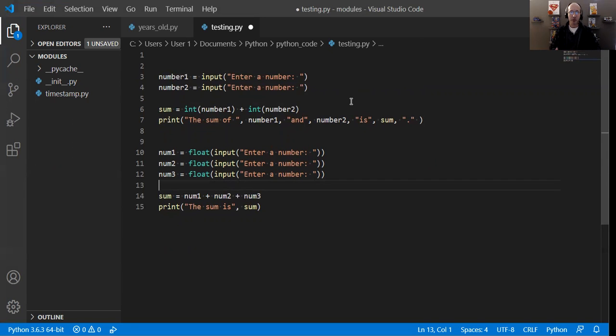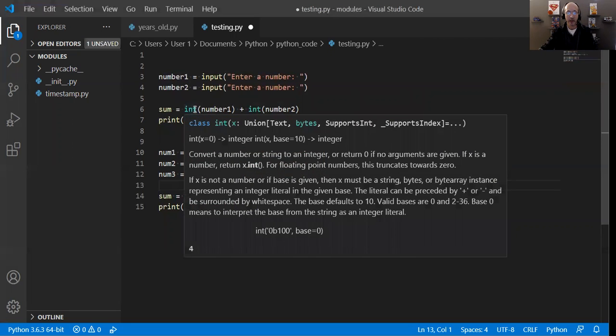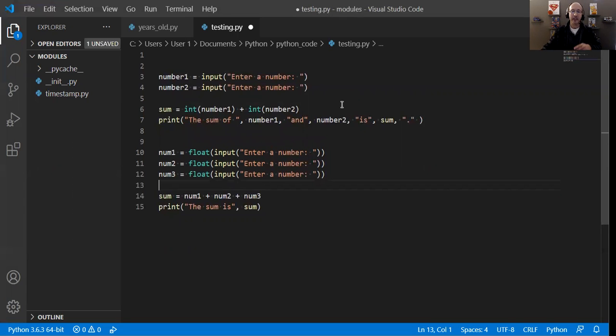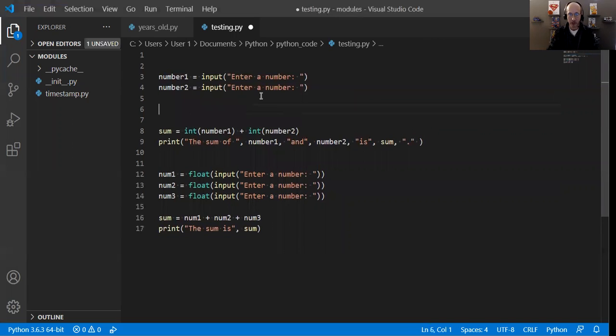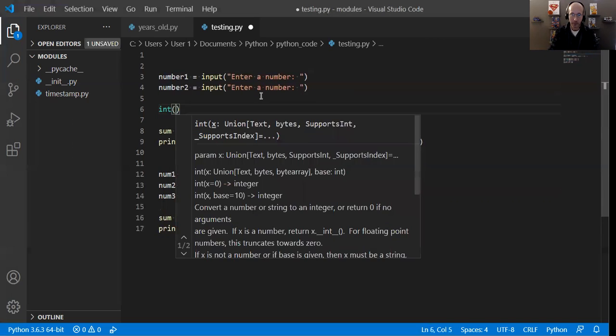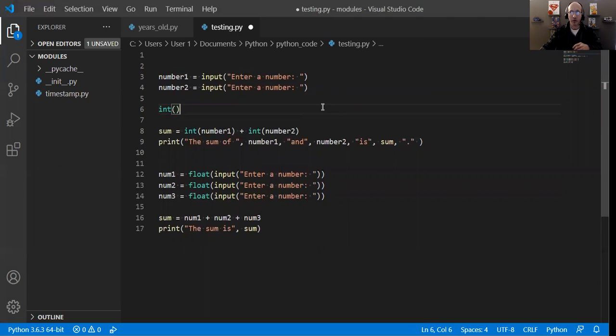But in order to do a math operation with it, we actually have to convert it to a number to do something with. Okay, so we have to convert it from the string to an int. And in order to do that, we actually have to use the int function. And the int function looks like this. Okay, whenever I talk about a function or a method, I'm using parentheses. Okay, and then what we're manipulating is that stuff inside the parentheses, typically called the argument, but we'll get there. Okay, so this is what this is. So int parentheses,